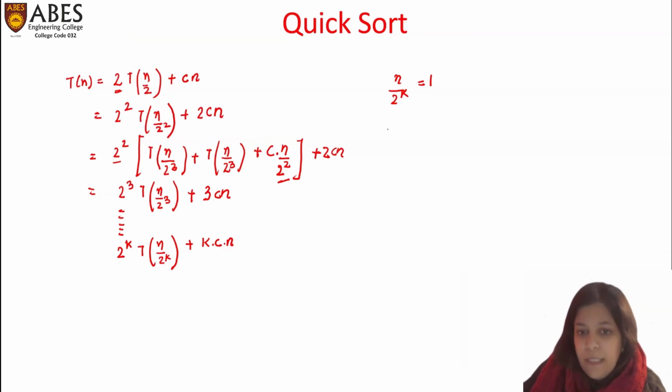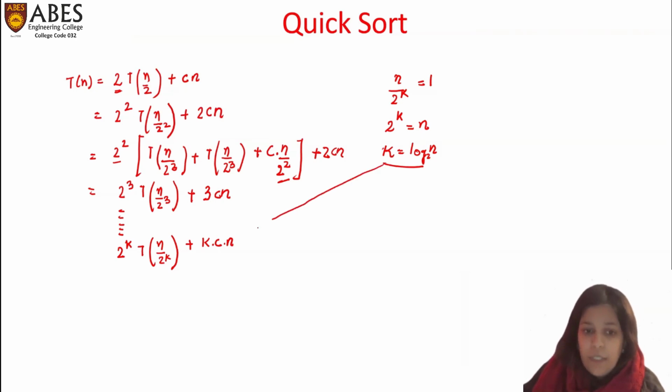Now, solving these terms, we get 2 raised to the power k is equal to n. And taking log on both sides, we can say that k is equal to log of n base 2. Putting these values in this equation,